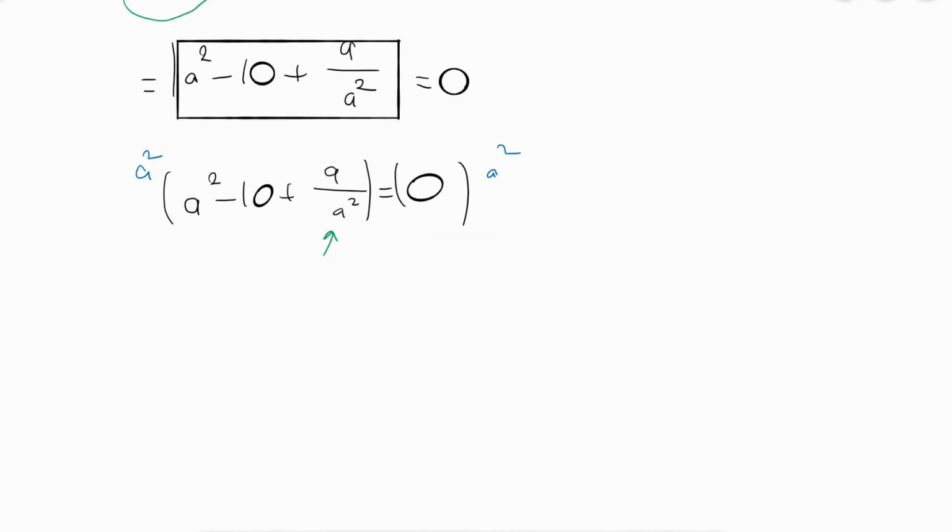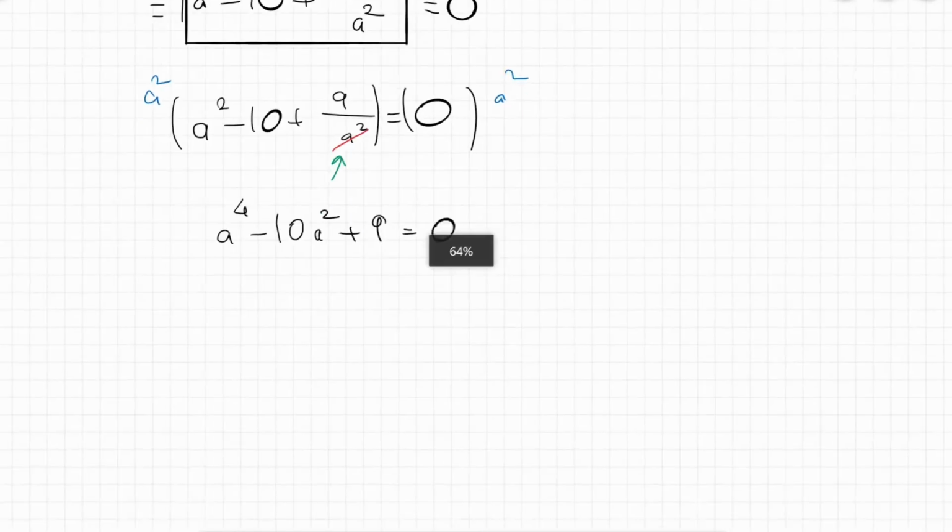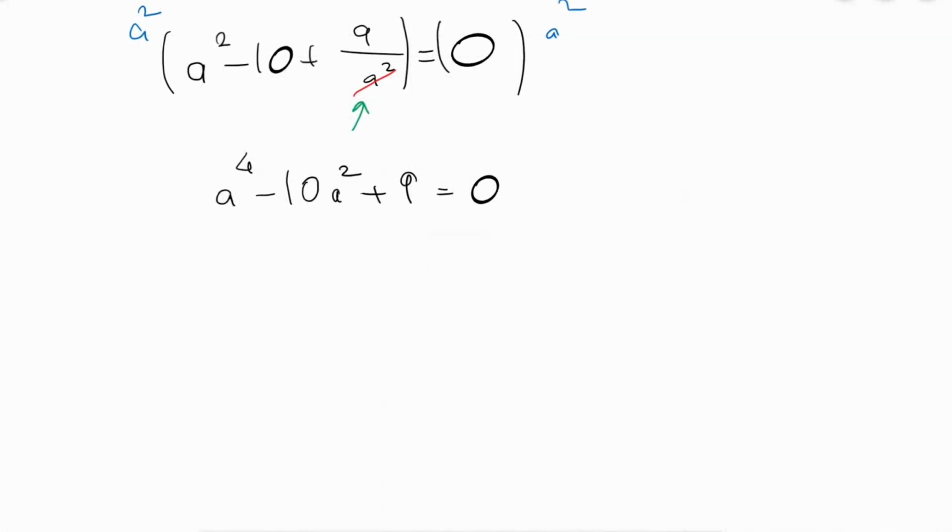So now I have a to the 4th minus 10a squared plus 9, because these basically cancel out when you multiply it. And then 0 times anything is just going to be 0, so we're cool with that. If you look at it, we ended up with a quadratic, but I don't want to deal with a to the 4th. So instead of trying to solve this out, I'm going to say